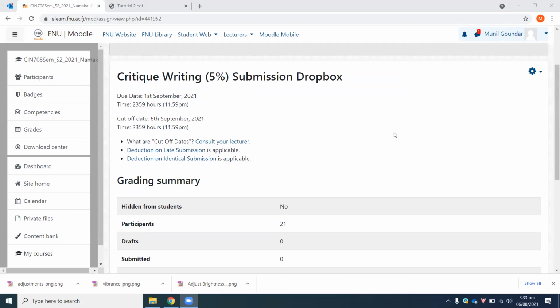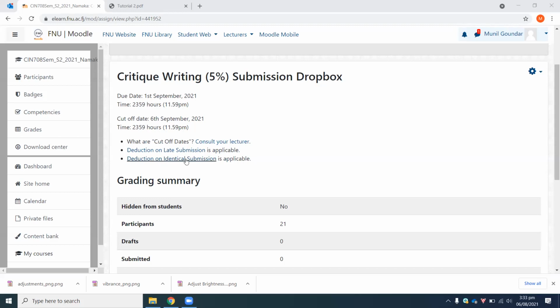Okay, so I think this is the first time you're using cutoff date. It's been there for quite some time. Your assignment is due on the 1st of September 2021, 11:59 p.m. So that's the day your assignment is going to be due. And any time later that you submit after September 1st, 11:59 p.m., deductions start.